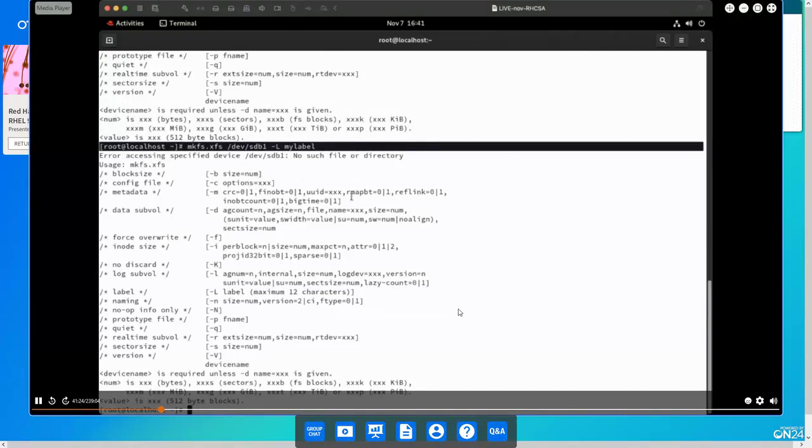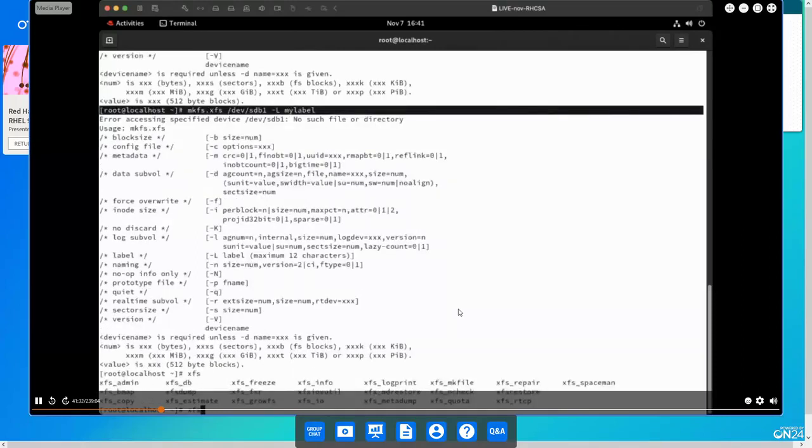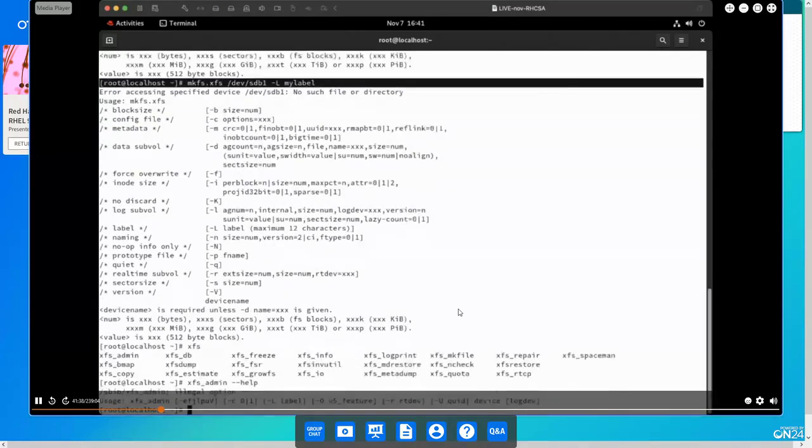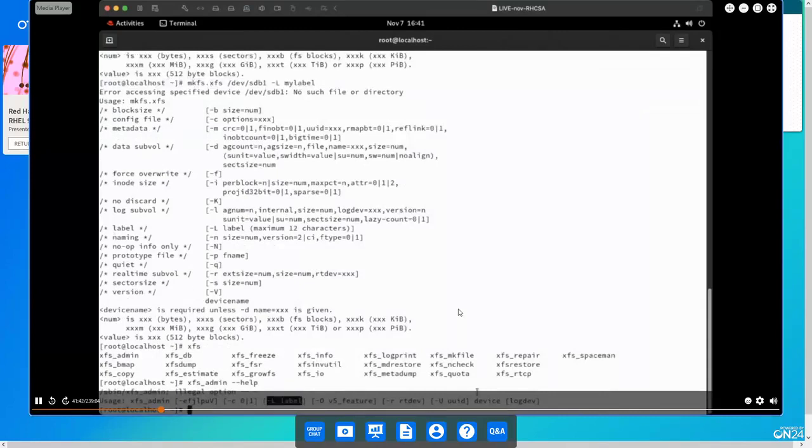You can also do this on existing devices, and that's what I want to show you. If the existing device is XFS, there's a bunch of XFS-related utilities. We need xfs_admin --help, which is showing -L label. So -L label on device, so that would make xfs_admin -L